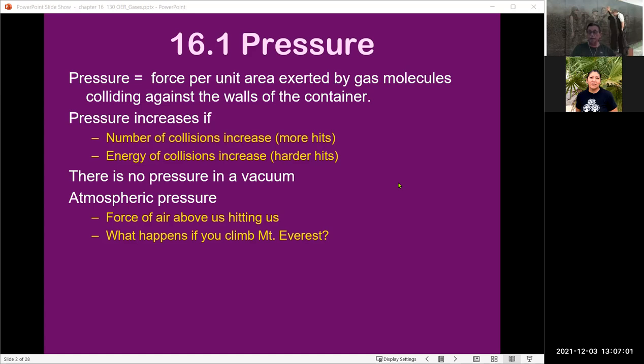Now, in a vacuum, there is no pressure. With respect to atmospheric pressure, that is the force that is hitting on us, all around us. There's a lot of force out here. If you do a quick calculation, you're going to be like, whoa, that's a lot of pressure. For example, let's assume this is 1 square meter. So we have 1 meter by 1 meter, and then we go up from where you're at right now, all the way up to,